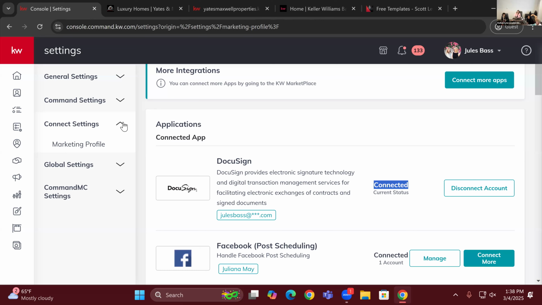For that, first, I would recommend searching in your email for the Keller Cloud setup email that Scott Leroy did, because he's going to have your login on there in case you don't know your login. Then you can click connect account and it's just going to prompt you to log in. It's called Keller Cloud, two words. And it should come up.